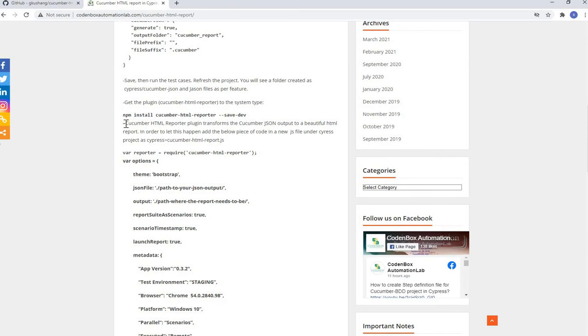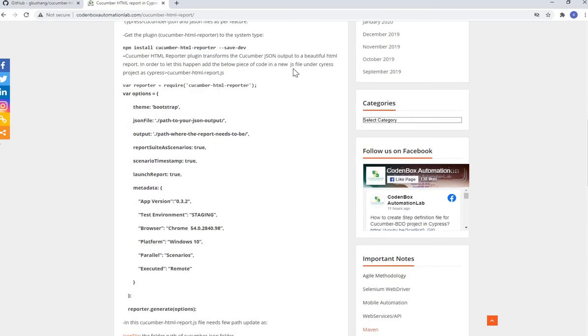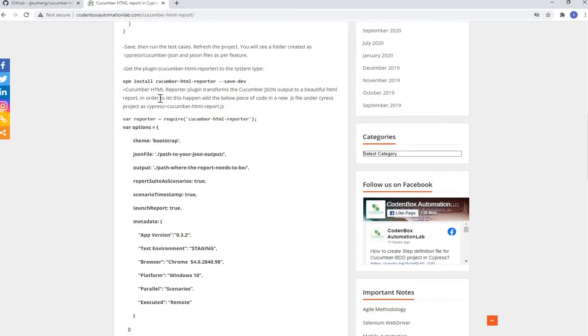And so here it is saying Cucumber HTML reporter plugin transforms the Cucumber JSON output, as I just explained, into a beautiful HTML report. Anyways, so we did that part. Now, in order to let this happen, add the below piece of code